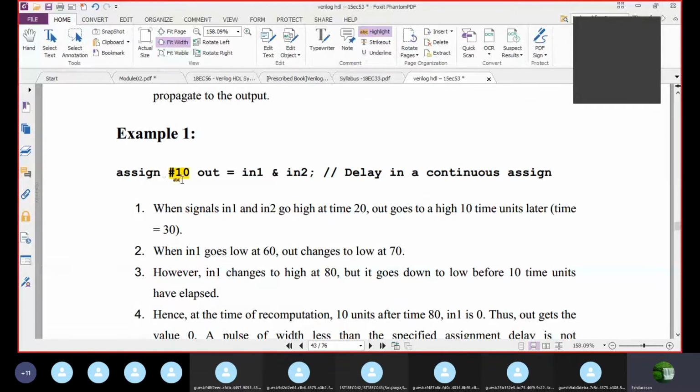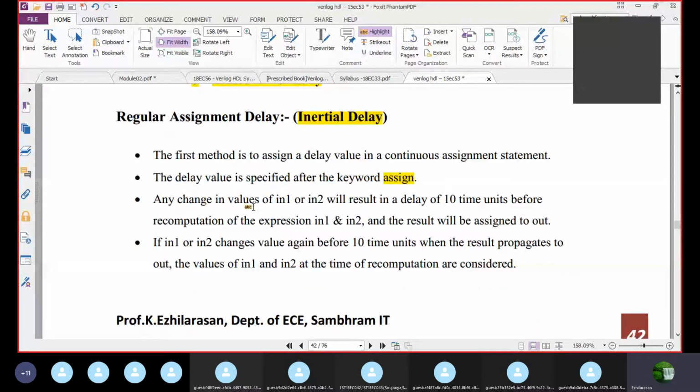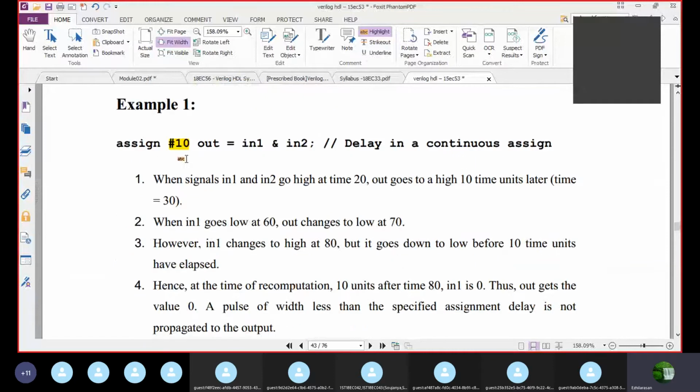What will happen in this case? It is very simple. When the signals in1 and in2 go high at time 20, the out goes high 10 time units later. You have to think in this way: the output will be produced after some amount of delay, for example #10.